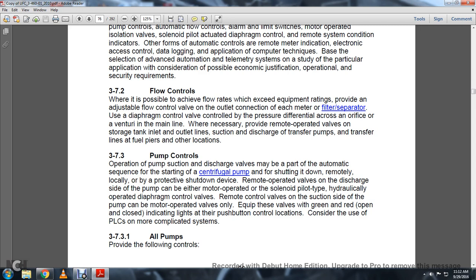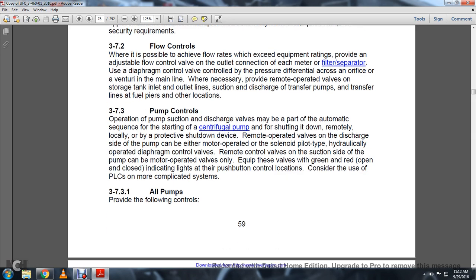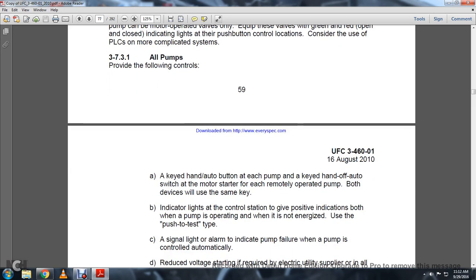The remote control valve at the suction side of the pump can be motor operated valves only, equipped with green and red open and close indicating lights for the push button control locations. Consider the use of PLCs in a more complicated system. 3731 Provide the following controls: a key hand-off-auto